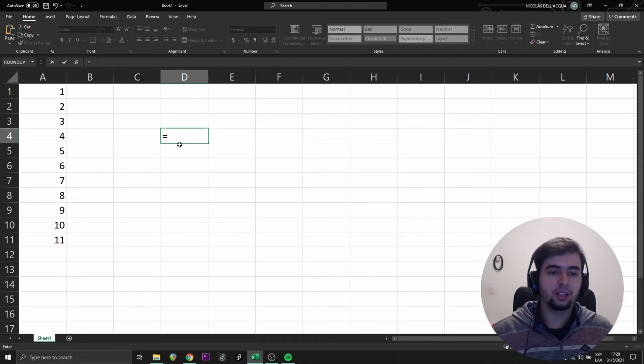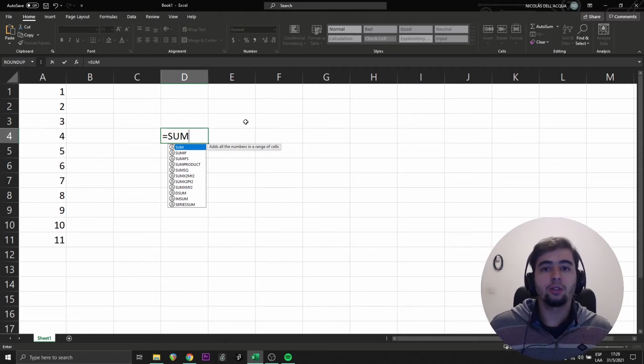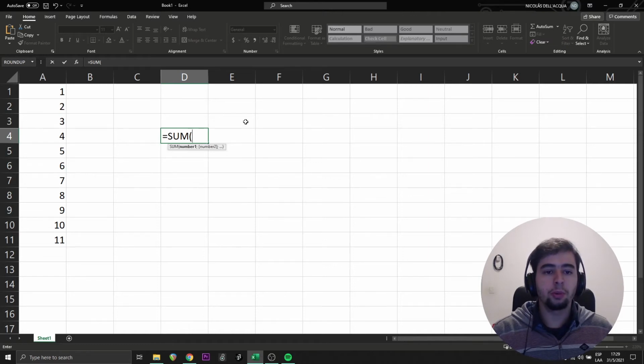One of the functions that Excel has is SUM, a function that you give some values to, and it's going to add those values together and give you the result. After you type the name of the function, all you have to do is open parentheses to then start writing the numbers that you want to add. For example, 5